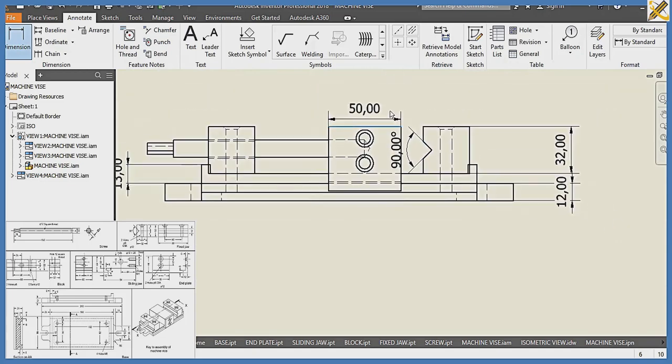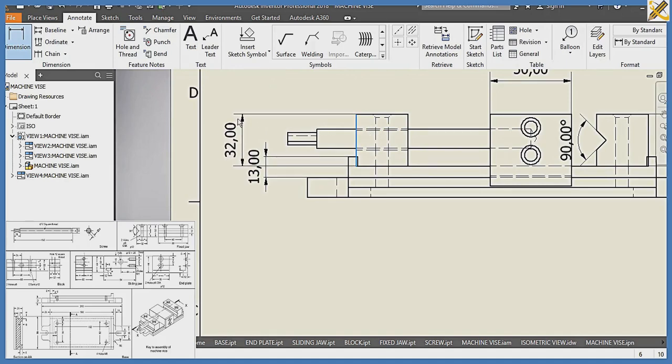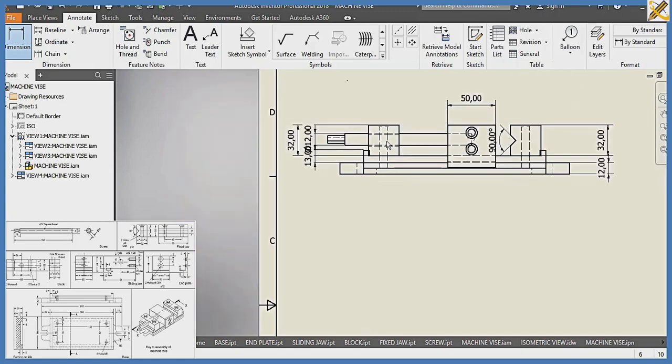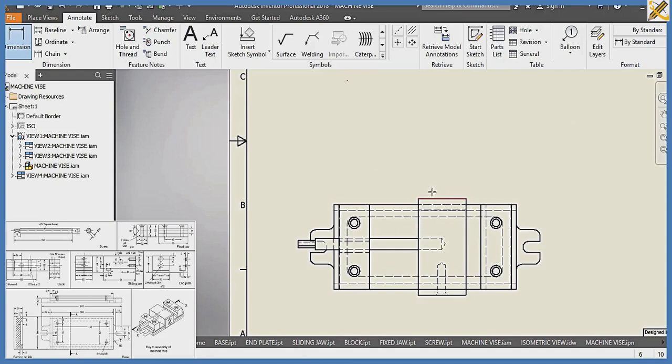All right, so the angle from here and here is 90°. All right, that's right there. So I'm going to pick this right here, enter. Okay, this right here, enter. Then also this to this, enter right there. All right, going to the plan, I'm having this right here, I'm having this right here,